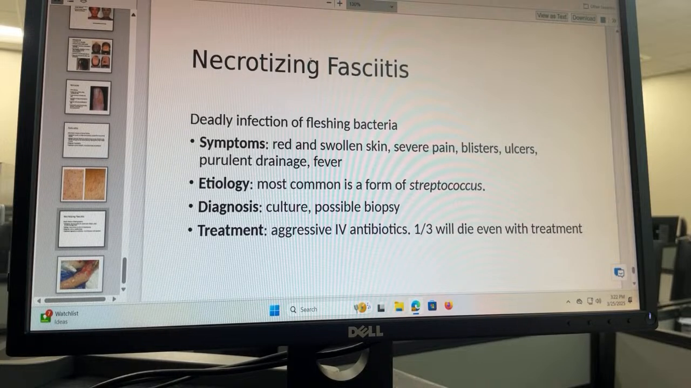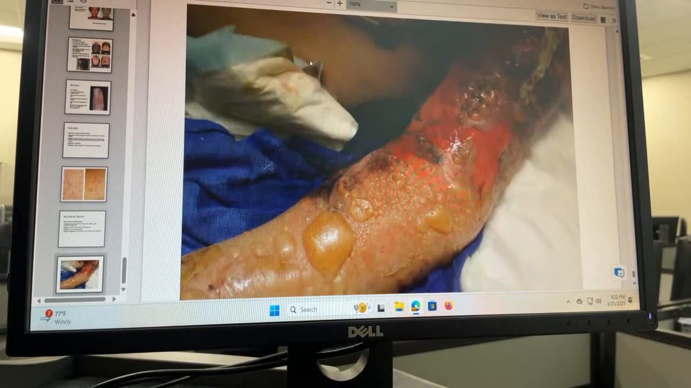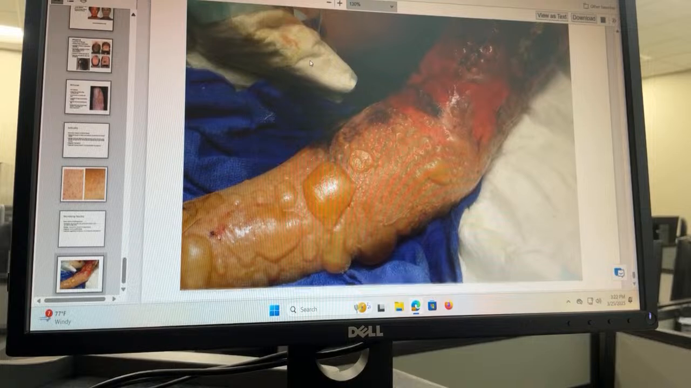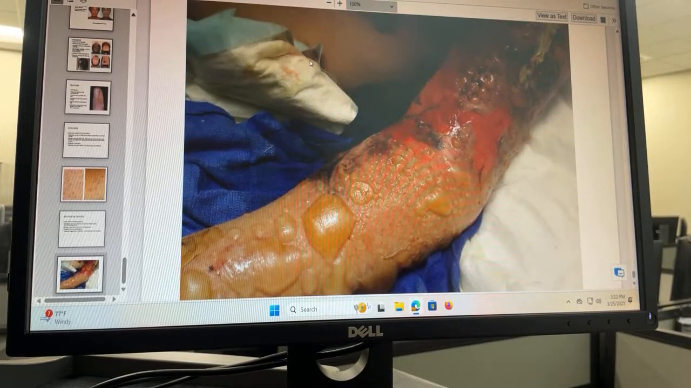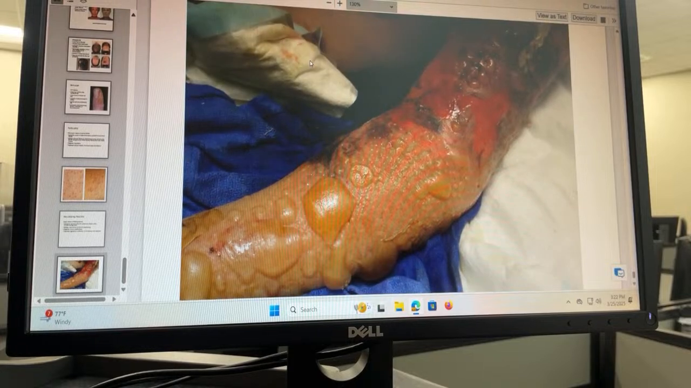Diagnosis is going to be a culture, to see what grows, to see what antibiotics need to be used. This obviously needs to be treated with aggressive antibiotics. IV, these people are going to be hospitalized. It's so deadly that even with treatment, one third of people will still die. So that's how serious it is, to not let it get so widespread that it covers all the body, to treat it early. But on that note, we have finished chapter 6